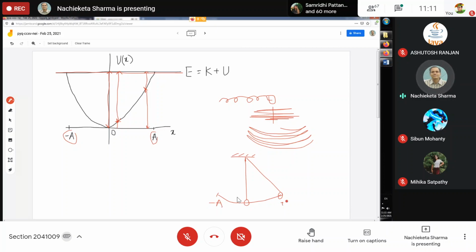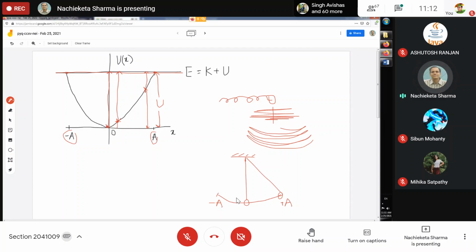Now what happens, you see, when the pendulum reaches its extreme position, its kinetic energy is exhausted. So there is no kinetic energy. Kinetic energy becomes zero. So look at this point. Here the total energy is potential energy. All energy is U and K is zero, isn't it? K is zero. Here also the same thing. So at the extreme positions, you have only potential energy and kinetic energy is zero.